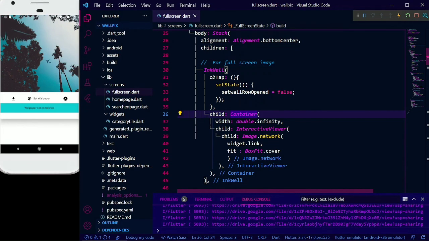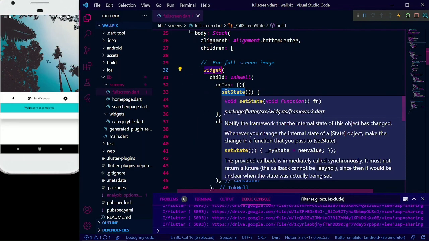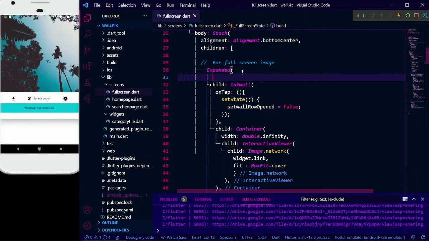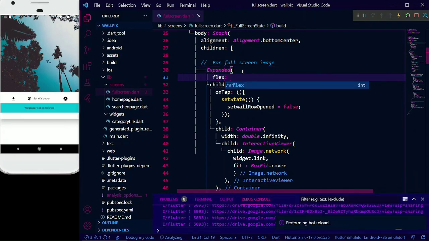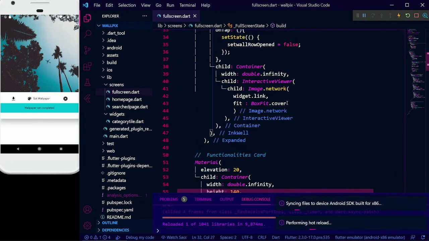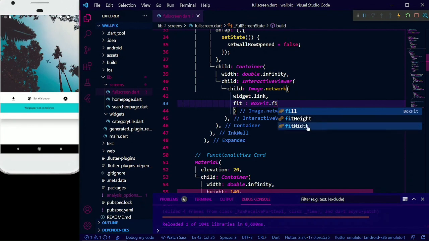This is our container, this is Inkwell, and wrap it with a widget called expanded. Flex would be 4. Actually we are using the BoxFit dot cover. If I use BoxFit dot width,